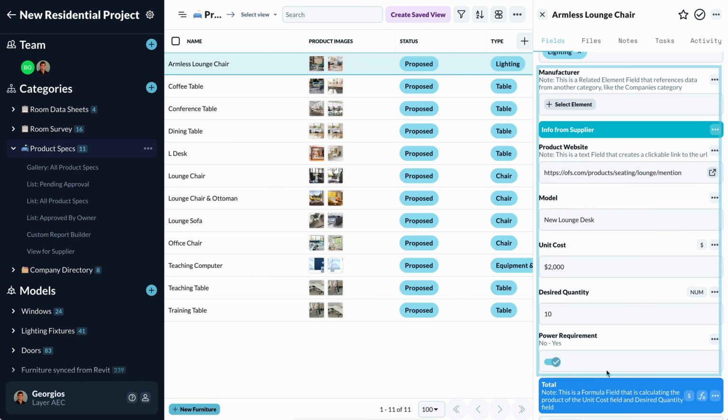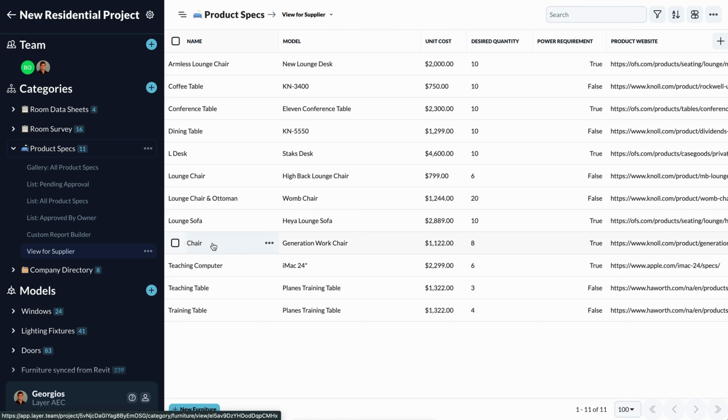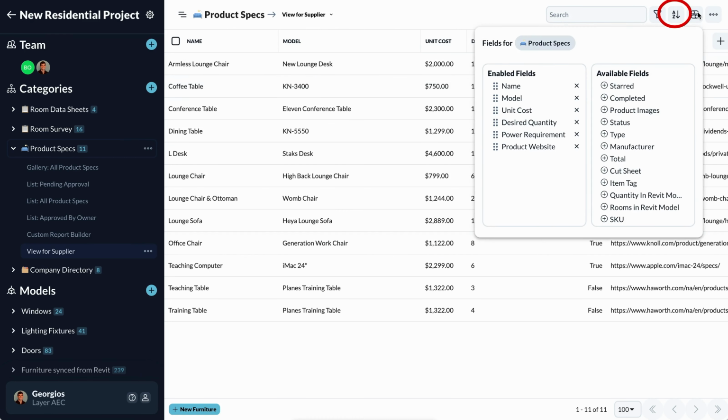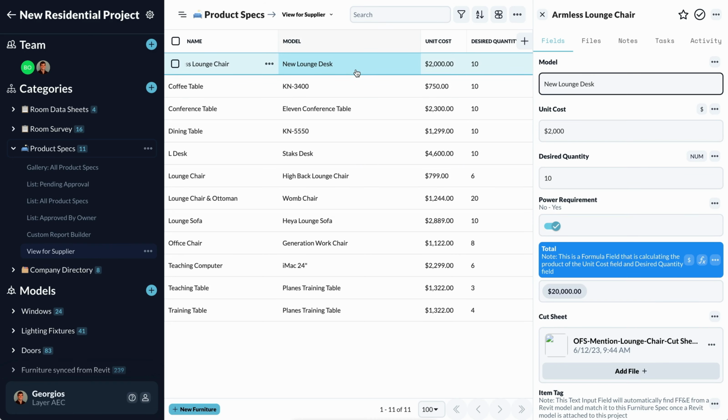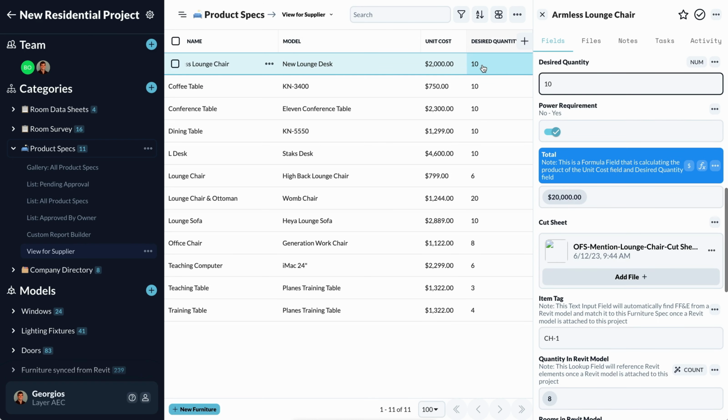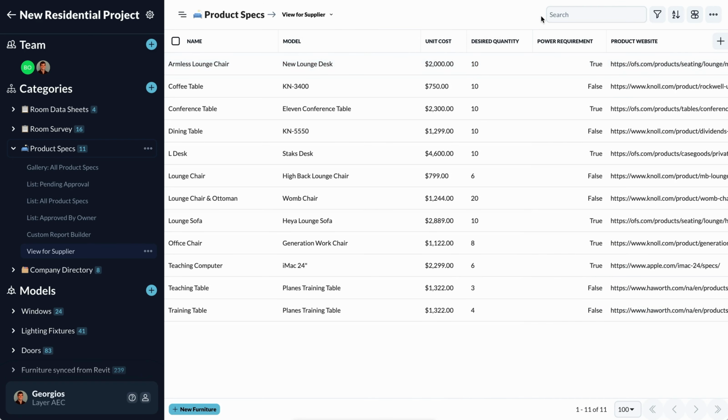And then from those, I would create a table view to expose those fields, by using the toggle button here at the top, and then exposing those fields on the view. And then at a later stage, I would invite them in my project as collaborators and ask them to focus on this view and fill out the information just by clicking on each field at a time. Now, FormView allows us to